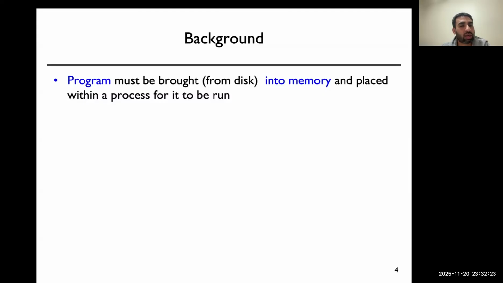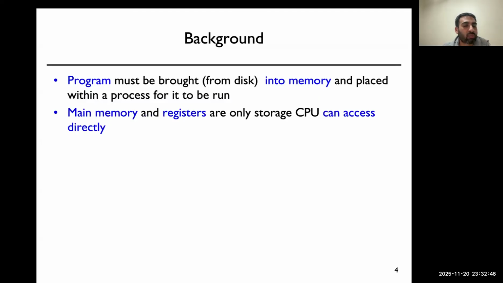Otherwise, if we have not loaded it into the memory, we haven't created a context for it. And when we say context, it means the operating system is maintaining all the information necessary to run a process, which means that the operating system needs to maintain a process control block for it. So only then a program or a process can be executed, right? Or it can be scheduled by the scheduler for execution. So when a process is running, it can access main memory and registers